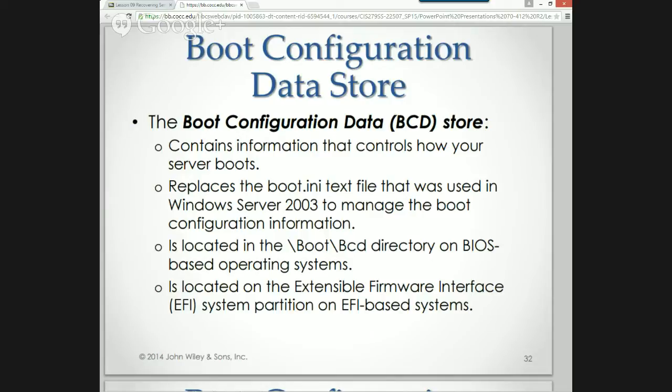So the boot configuration data store replaces the boot.ini. If we are creating dual boot systems, okay, we may need to go in and modify this. One of the most standard modifications made in the boot directory is the time before it decides to boot to the most current operating system. Can anybody in here tell me, in what order do you install operating systems if you're creating a dual boot, quad boot, tri-boot, whatever system? Which one do you do first?